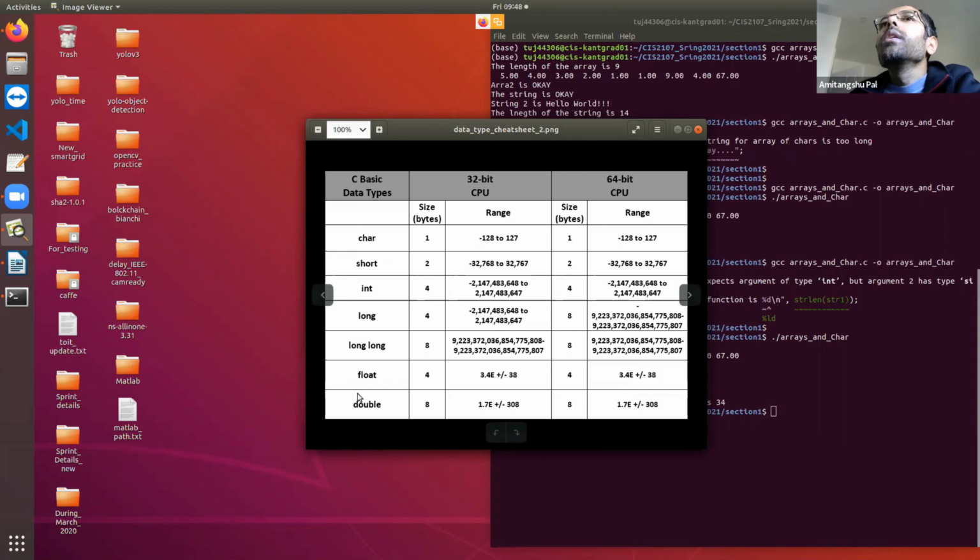Okay, in this class I'm going to cover the data type integers, its variations like short int, long int, and character. Okay, so I'm going to write a program, and by showing the output I'm going to show you how many bytes each and every data type takes and what is their corresponding range. Okay, so let's see.